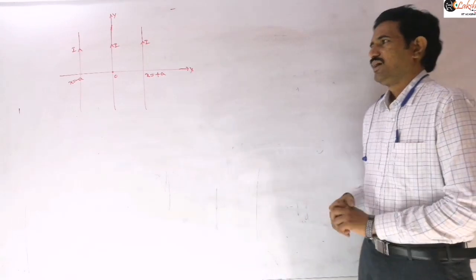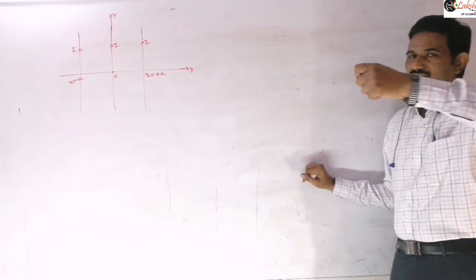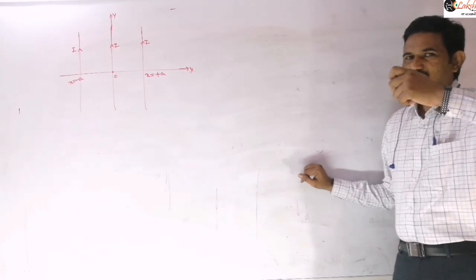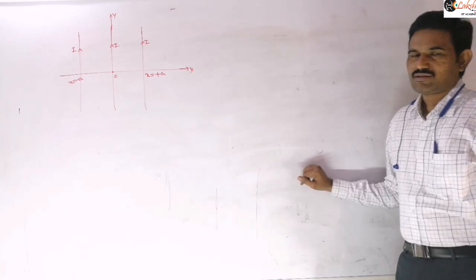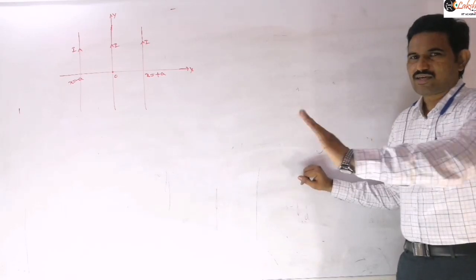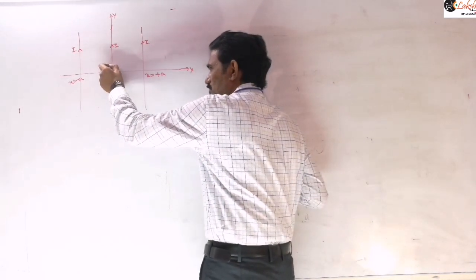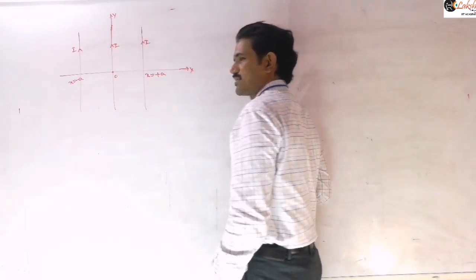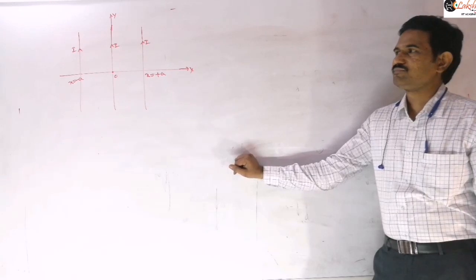Now here generally they may ask for the points where the magnetic field becomes zero, that is one question. And the next question will be: if the middle wire is displaced by a small distance along the z axis and then released, what will be the time period of oscillation of the system? Is it clear? Initially they are lying in the xy plane. So I am displacing this middle wire by a small distance z along this direction, and we need to find the time period of oscillation of that system.